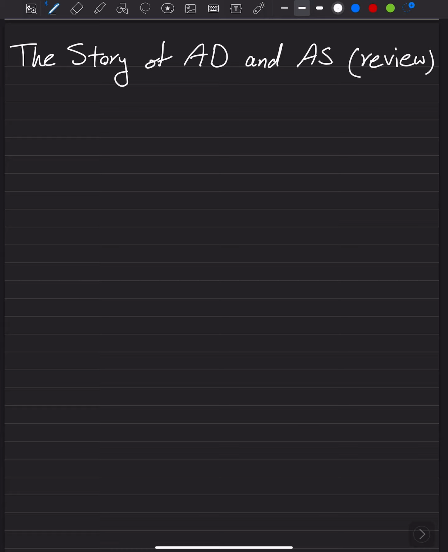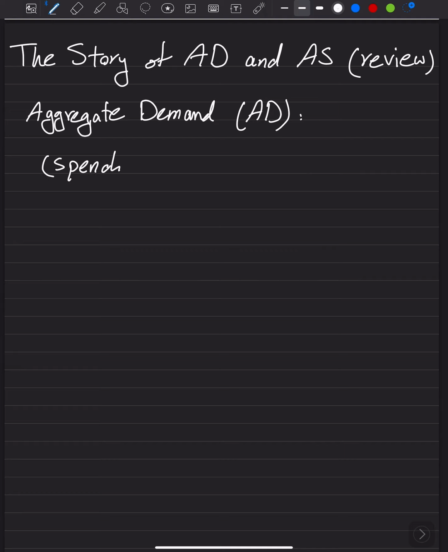Let's look at them one by one, starting from aggregate demand. So think of aggregate demand as total spending in the economy. It comes from four main groups: